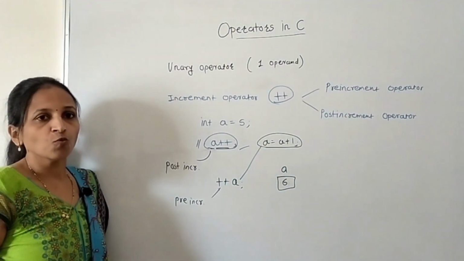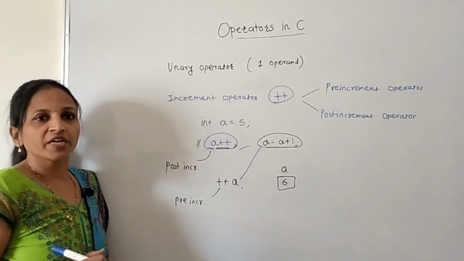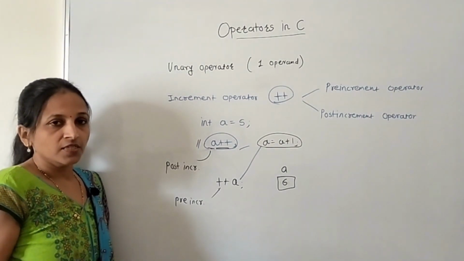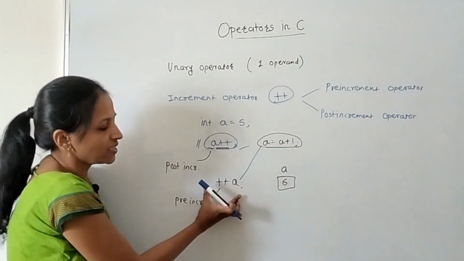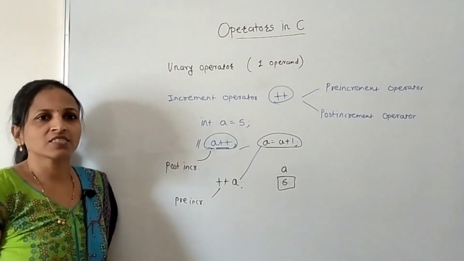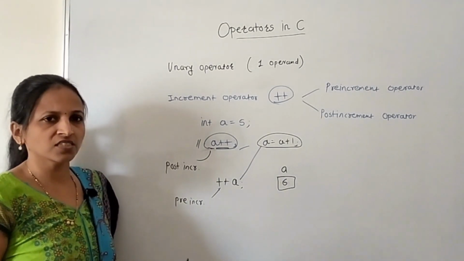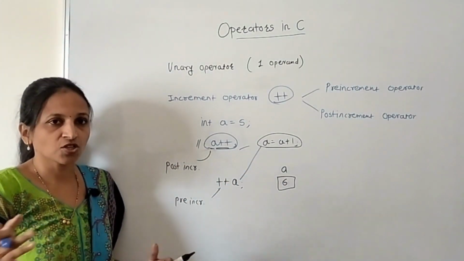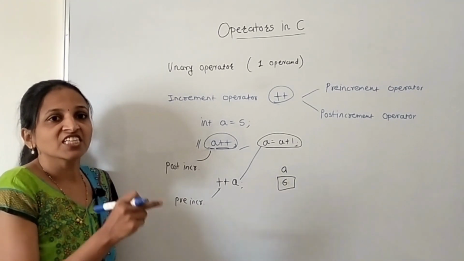Now why has C provided those two forms of the increment operator, pre and post? That we have to see. If we use pre or post individually, the meaning will not be affected and will remain the same: only increment the value of that variable by 1. But if we use these two inside any expression or instruction, then the meaning changes.